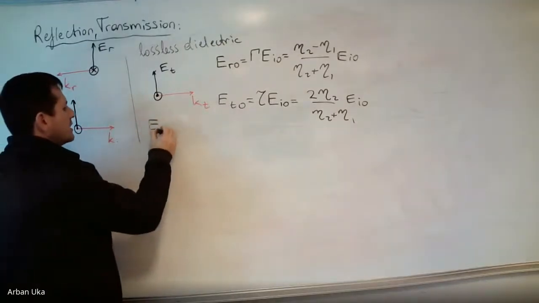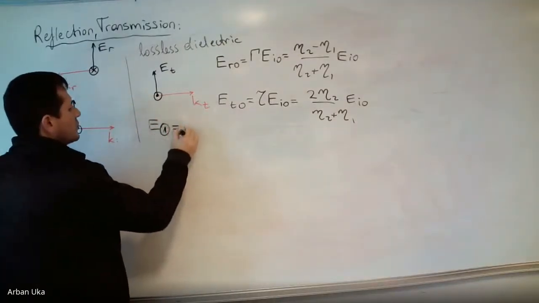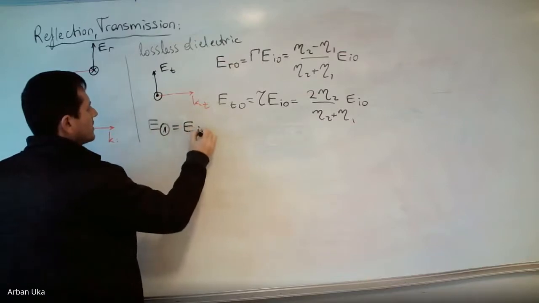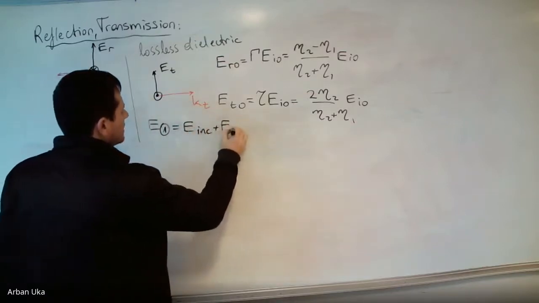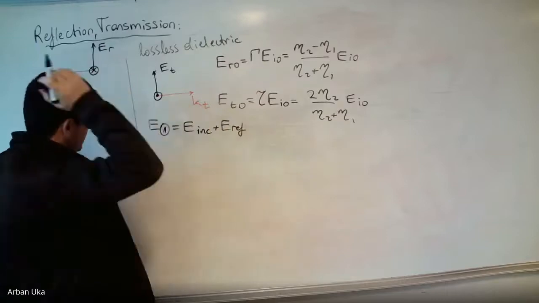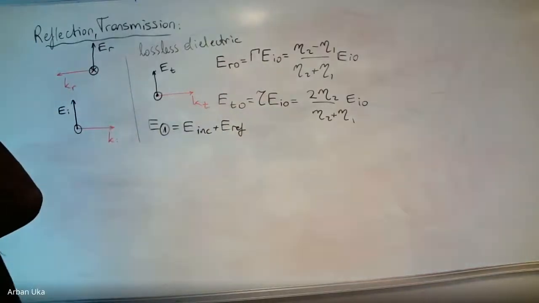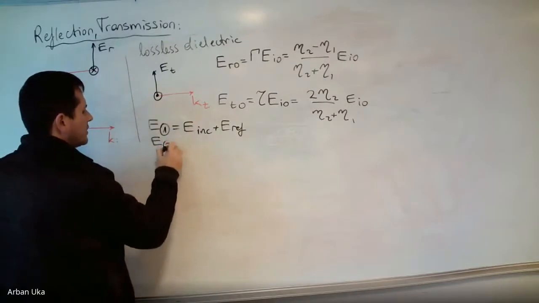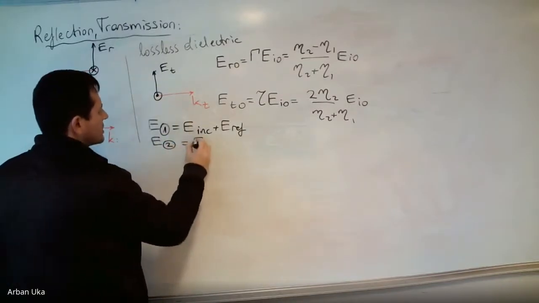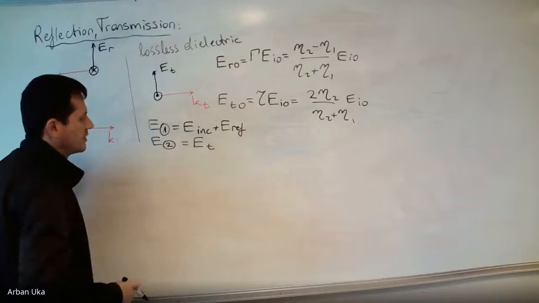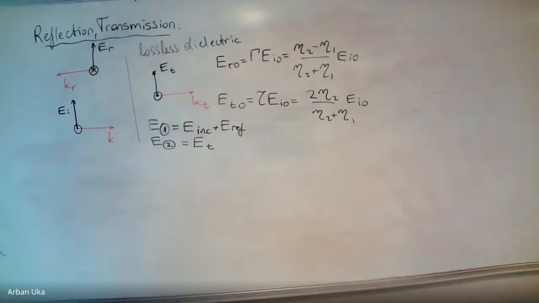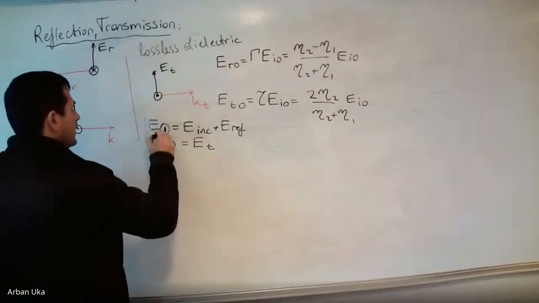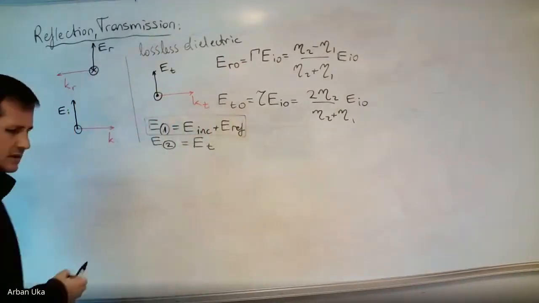We know that the electric field in medium 1 should be equal to the E incident plus E reflected, okay? And the wave in medium 2, the electric wave vector, is just E equal to E transmitted, okay? Not the complete, the whole. After we know these, we can, by adding these two terms,